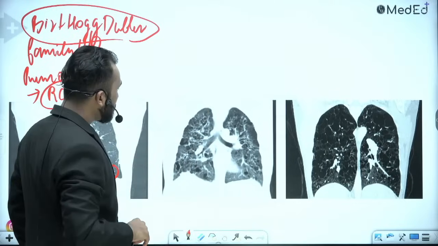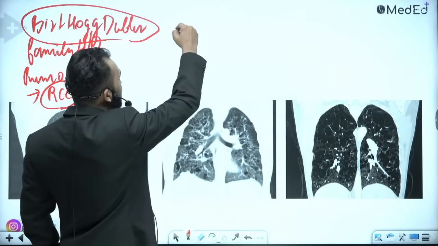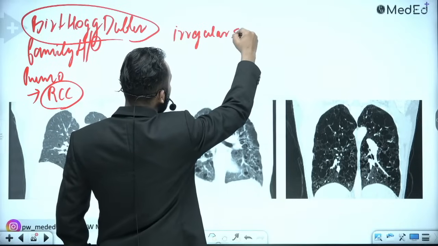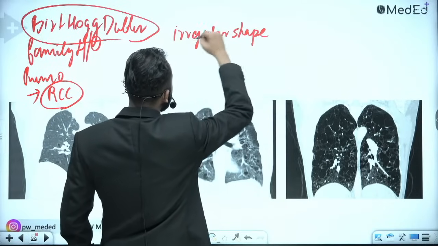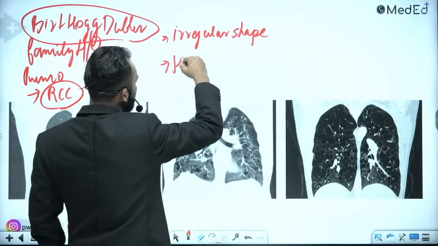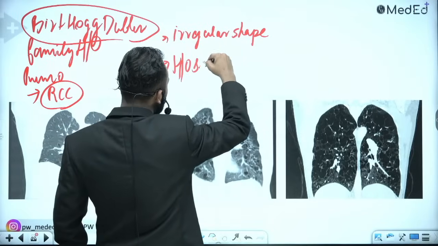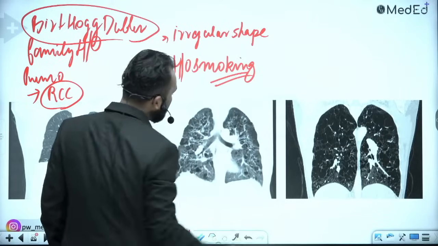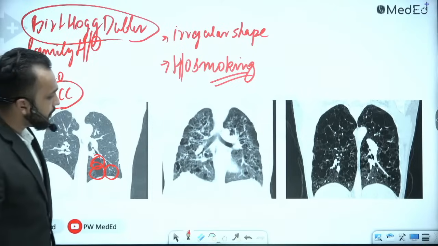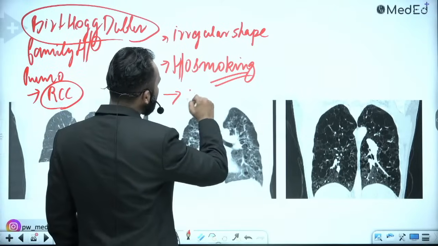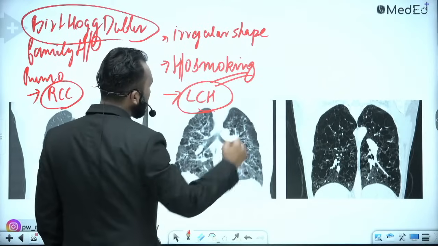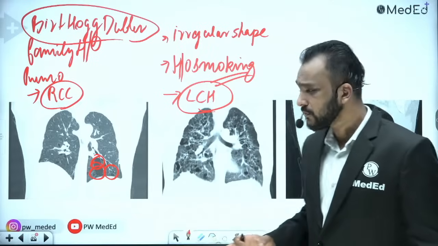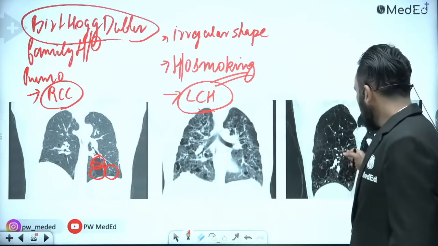In the second image, you will be shown irregular shaped, bizarre shaped cysts. The patient will have a history of smoking, and this is seen in patients with Langerhans cell histiocytosis, LCH. Pulmonary LCH: you will see bizarre shaped cysts, and history of smoking will be present. In the third case,